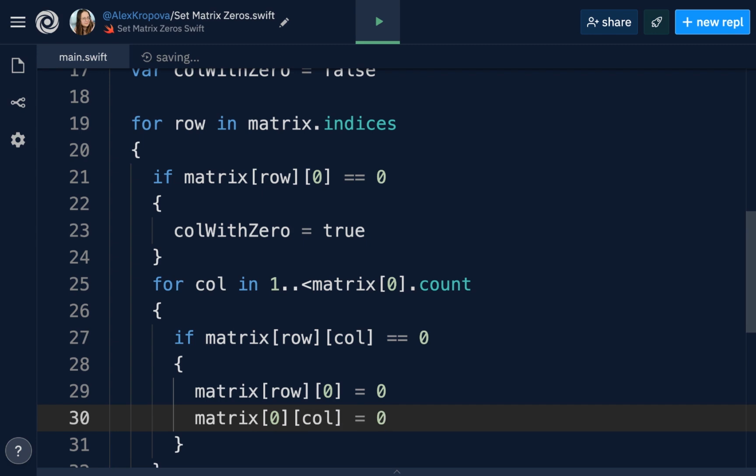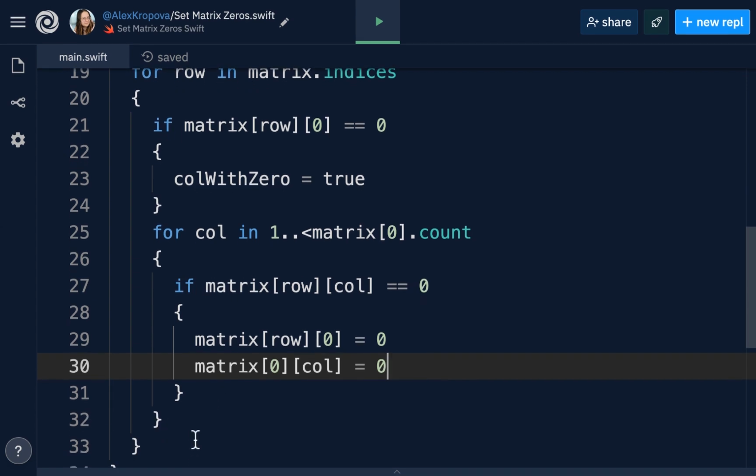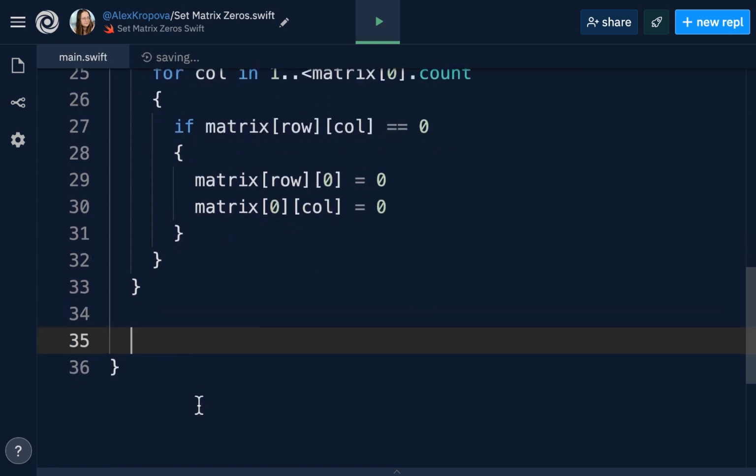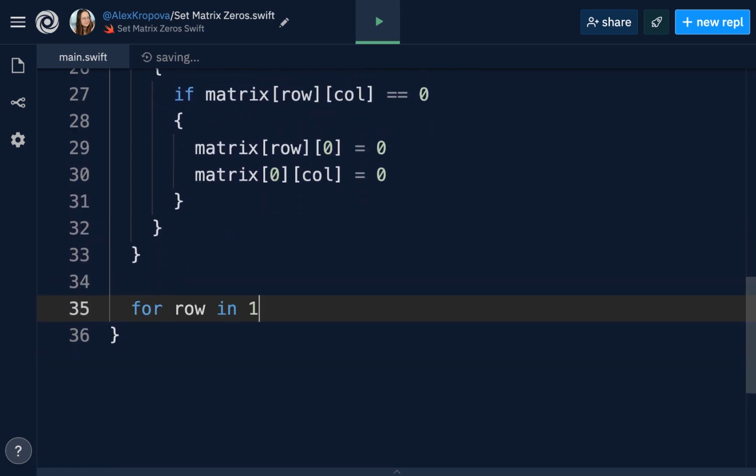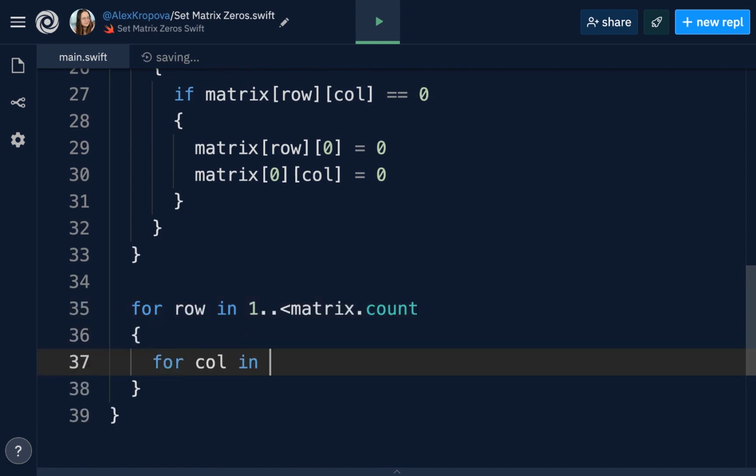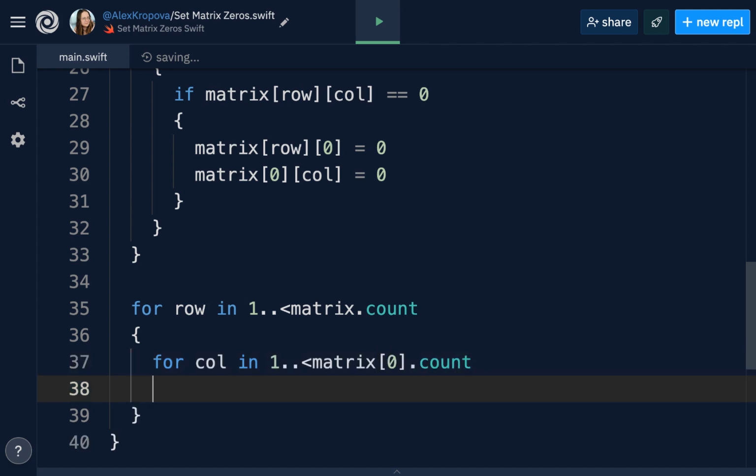So that is going to go through all of the rows. And now let's go ahead and go through all of the rows up to the count. So we'll do that down here in another for loop. What we're going to do is take for row beginning at 1 up to matrix.count. We'll then go through all of the columns in the matrix as well with a nested for loop.